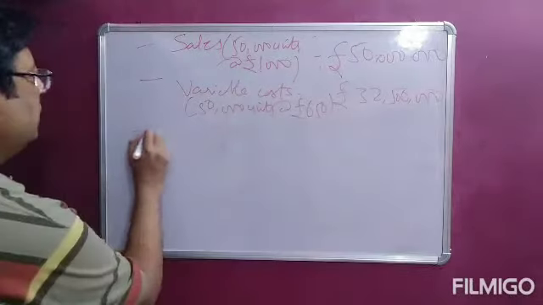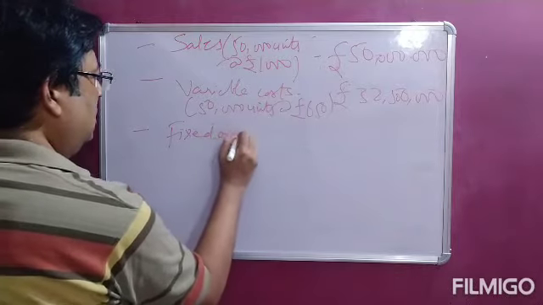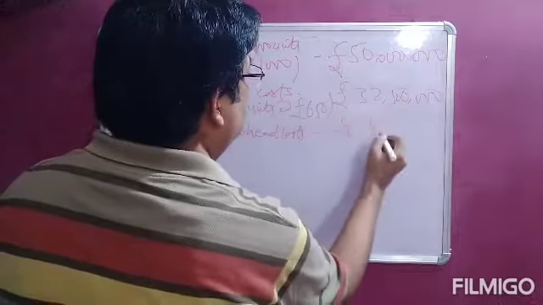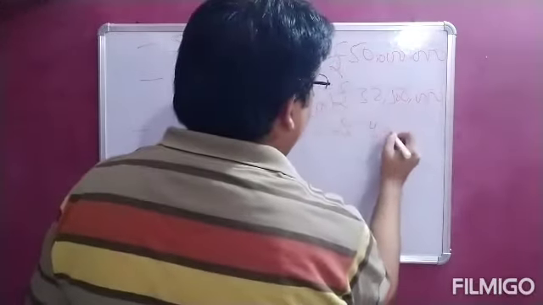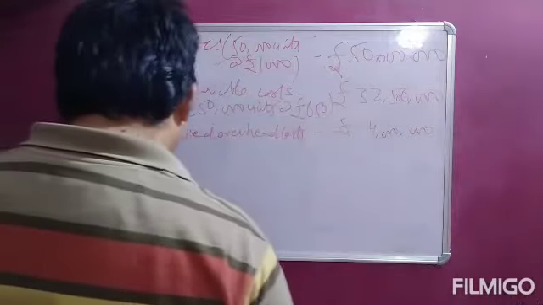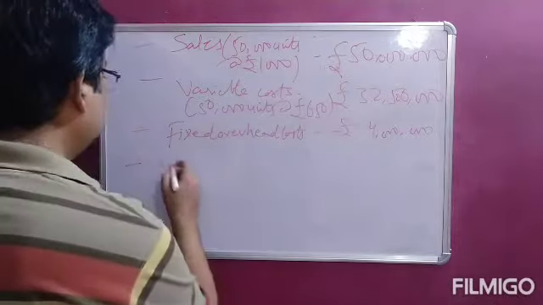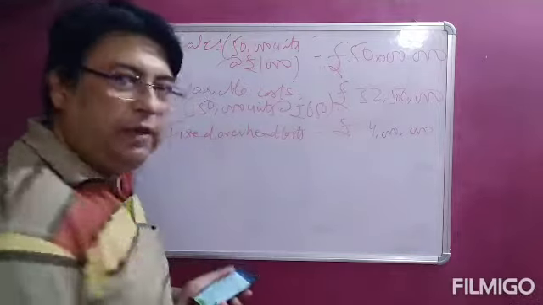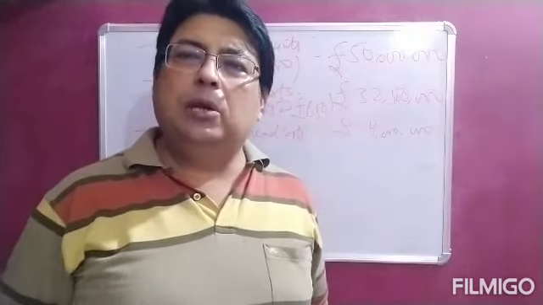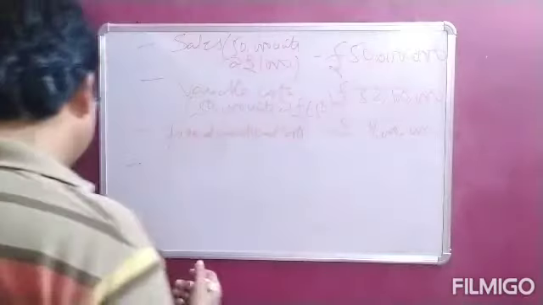And then from this we will deduct fixed overhead cost, which is 4 million pound. So we will add up all zeros, 6 zeros will be there. So 4 million pound is the fixed overhead cost we assumed earlier. Then we also take one figure which I forgot to explain to you, which was depreciation allowances. So depreciation allowances is to the tune of 1 million pound. So we are going to also consider that depreciation allowance.